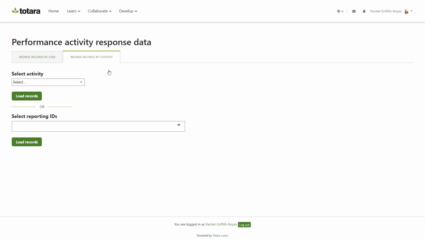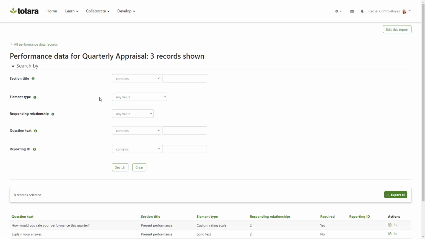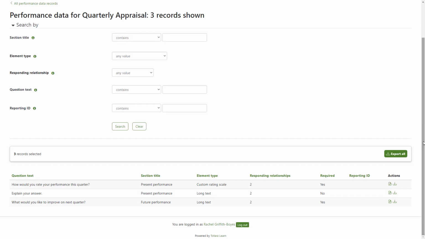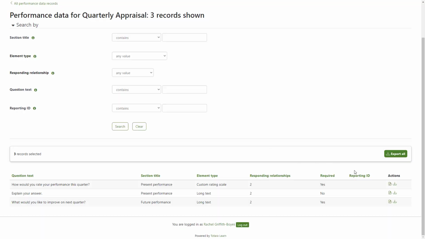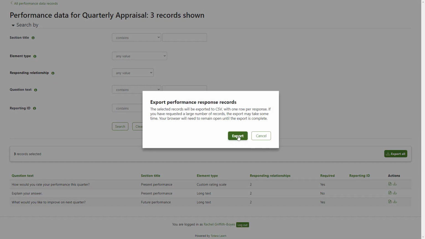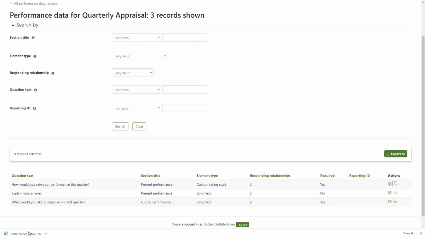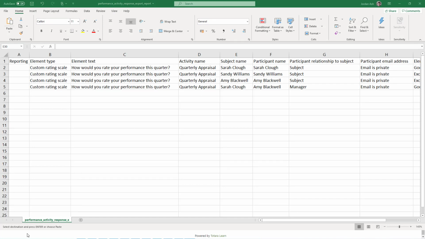Here, I have two options. Let's first browse by the specific activity. All of the questions in that activity are listed in the report. You can preview the question, or choose to export the answers. Your export will contain a new row for each answer given by a user. This is a good approach if you want to compare data from different users across different instances of the same activity. If you run an annual employee engagement survey, for example, this would allow you to compare answers over time